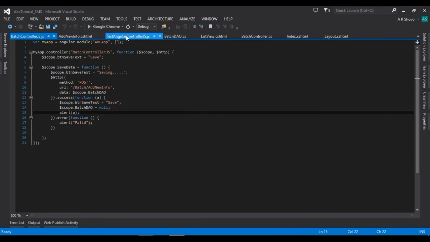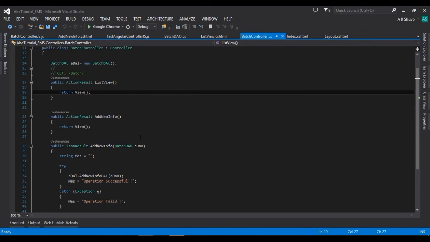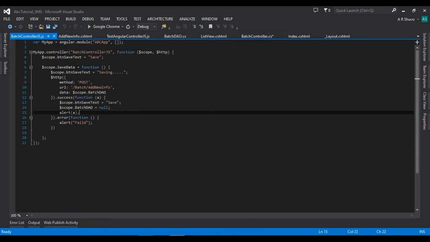I'm going to this batch controller and I'm going to change this name save underscore info. Okay, and just copy it and paste it here. Okay, this batch controller JS, and